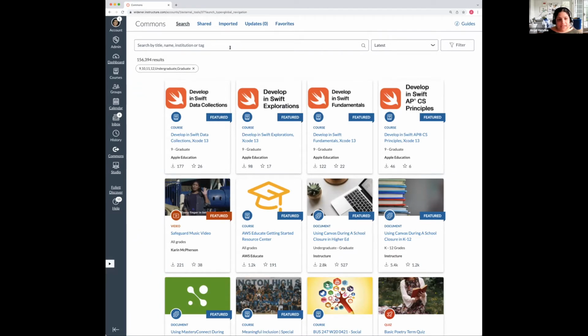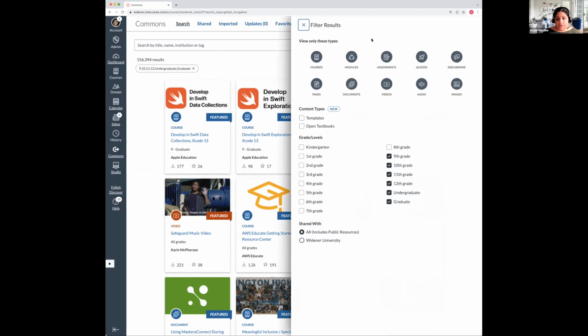I like the fact that you can search by title, institution, or name, and this filter. This filter within Canvas Commons allows you to specifically seek out what you want at an age-appropriate level for the content you are teaching. So if I am looking specifically for graduate content related to templates, I might select graduate and templates.